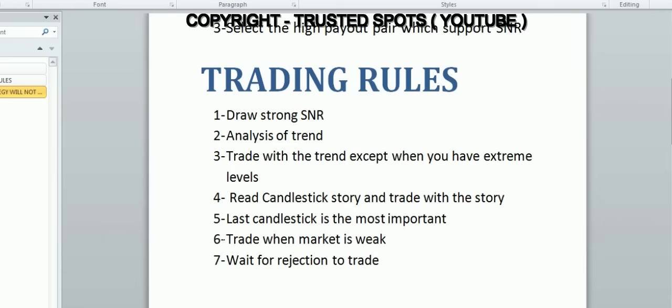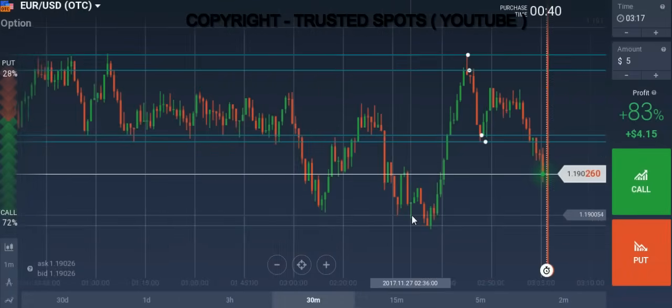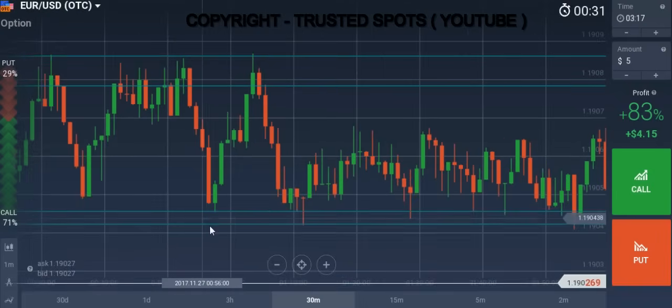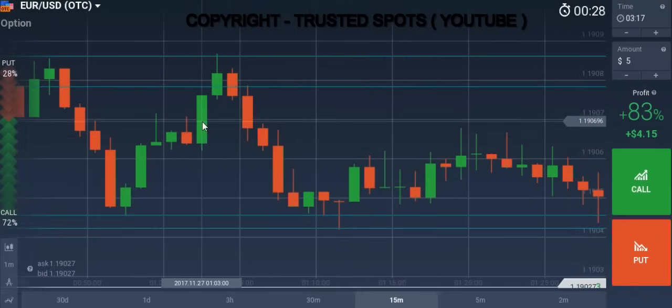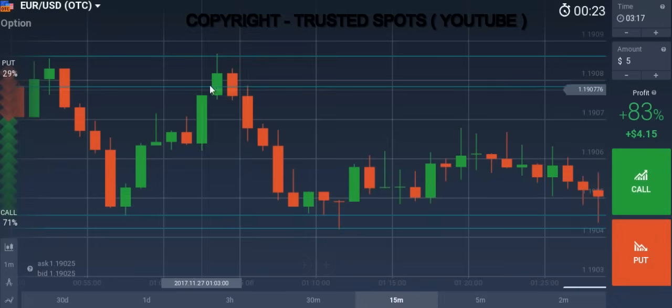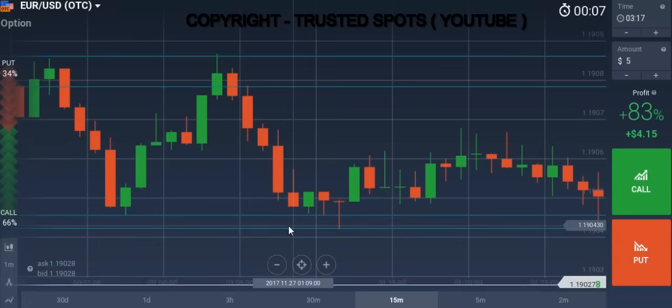So the sixth rule is trade when the market is weak. By weak market, I mean, okay, this is a good example. As you can see, this was a support. The market goes down, up. Now suppose the market was going down and this was our support level, but the market didn't stop and this candle is so big, and suppose the same strength of candle formed here till this level. The support has not been crossed till now, but the strength of this candle will be very high.